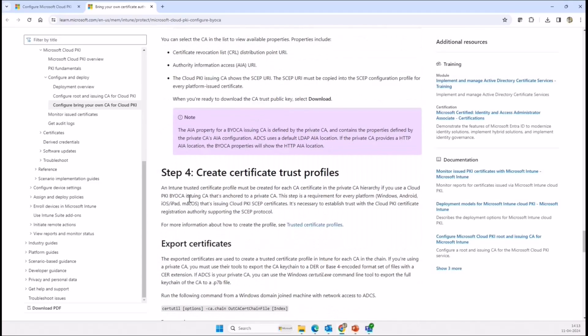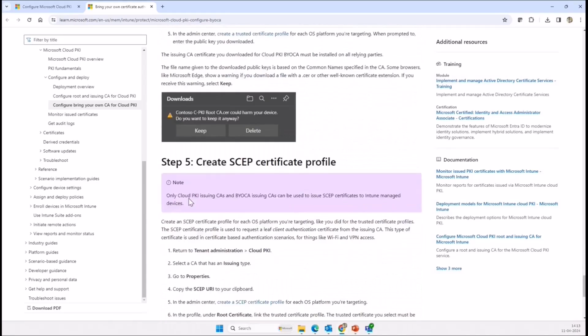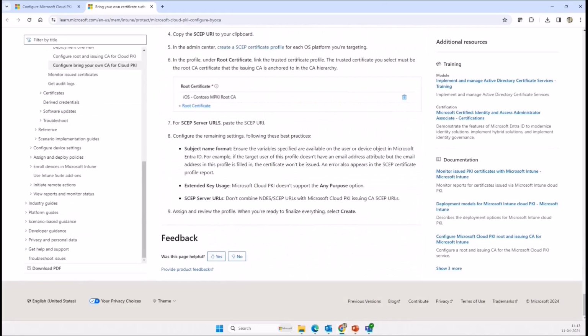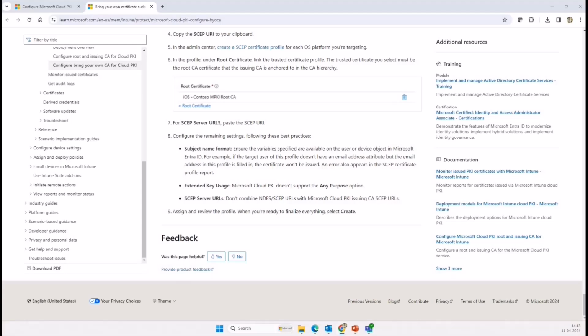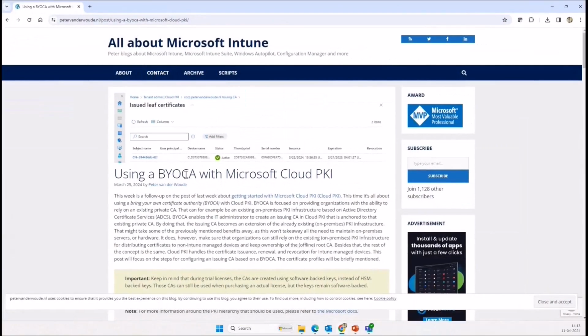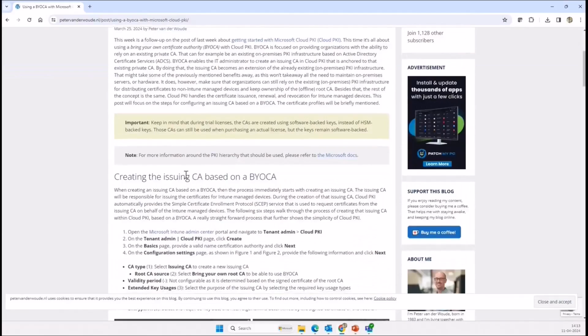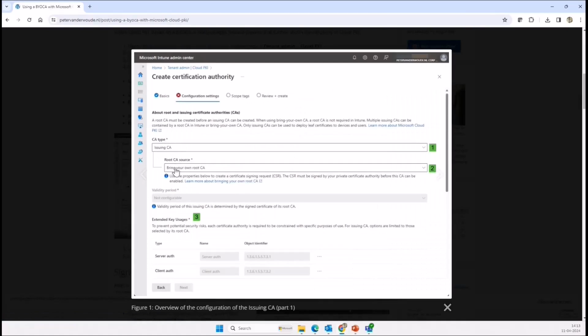Once that is done, then you have to create the SCEP profile and the trusted root profile. We already know how to do that, so I'm going to skip all these steps. Now, I did not take a lot of screenshots because I was lazy, but there is a lot of documentation on the internet. Like this one talks about how you can set up BYOCA. It pretty much talks about the same thing. First it is creating the root, then it is creating the issuing. When it is creating the issuing, it has selected the BYOCA option,